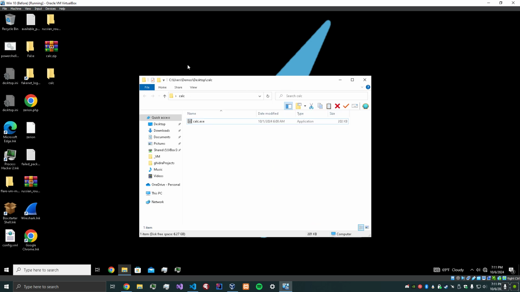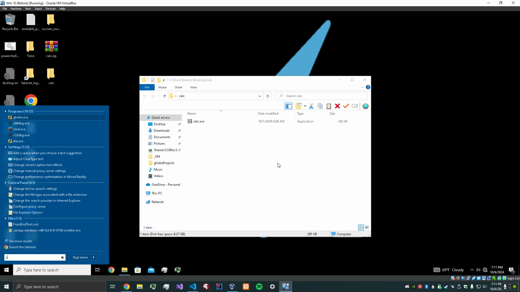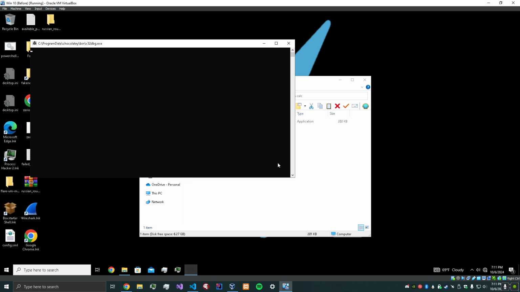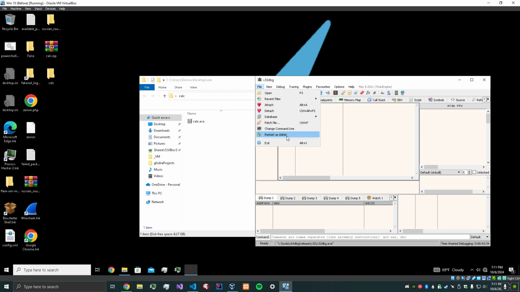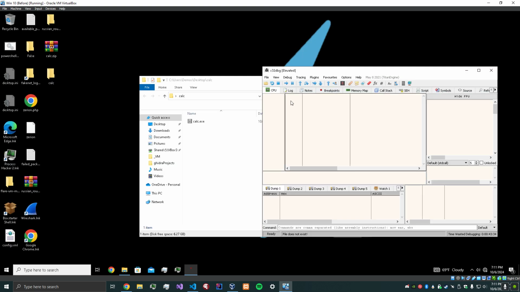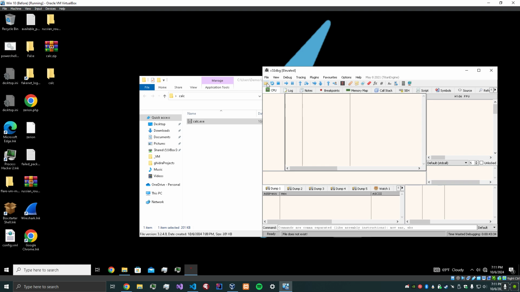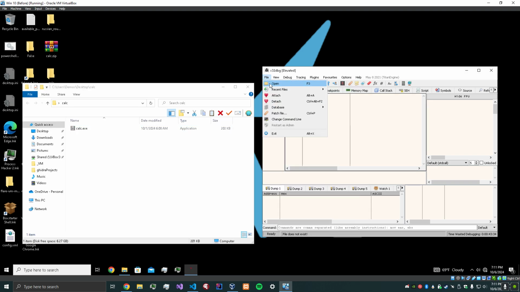What we can do is, I want to make sure that I have a snapshot. Yeah, I do, okay. So we're going to open up x32dbg. And let's restart as admin, because if I remember correctly, this executable needs to be run as admin. Okay, apparently I can't drag it in. That's weird. So we're going to open